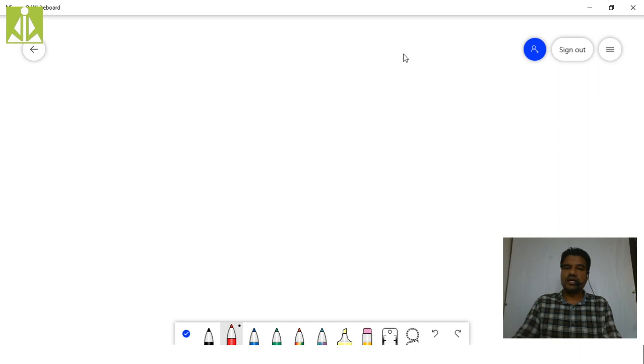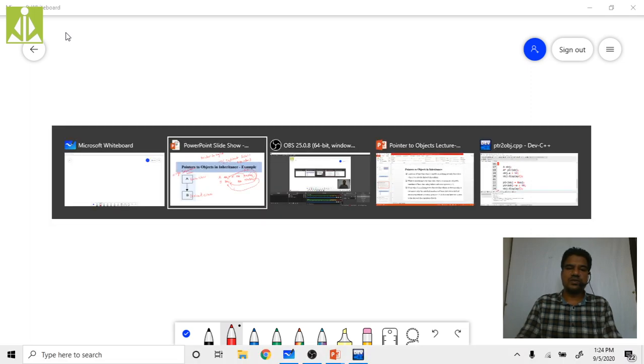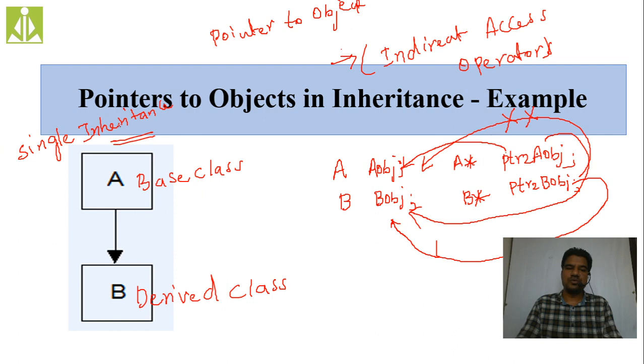So I'm writing two classes over here. First I will write class A, and then I will derive class B from that A. Because that derivation is very, very important, this kind of relationship you have to show in the programming. From A to B, we have this arrow. It shows that A is the base class and B is the derived class. The same thing we have to show in programming as well.